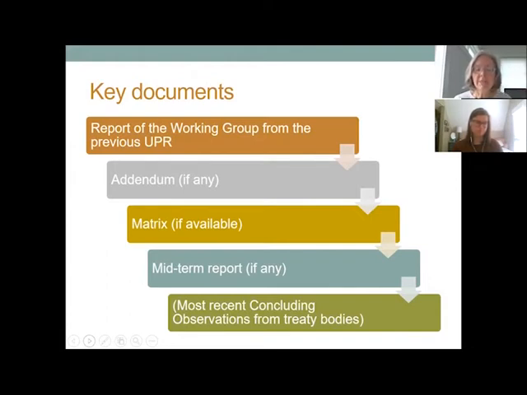And other key documents that aren't directly on point for the Universal Periodic Review, but are also still relevant, are the most recent concluding observations from treaty bodies, because you may want to incorporate those concluding observations into your suggested recommendations, for example, as an efficient way to get a detailed, strong recommendation made during those precious seconds when the delegates to the Human Rights Council are speaking.